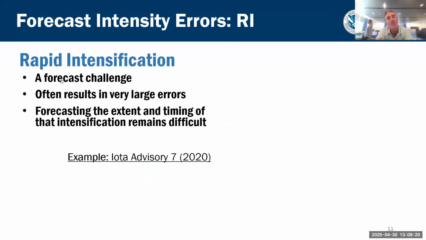All right, now, some of you might have heard this term before, rapid intensification. We sometimes abbreviate it and call it RI. Now, it's not just something we throw out there. It actually has a formal definition. Rapid intensification is defined as an increase in the storm's winds by at least 35 miles an hour within 1 day. So in order for the storm to be classified as rapidly intensifying, it needs to meet that definition.